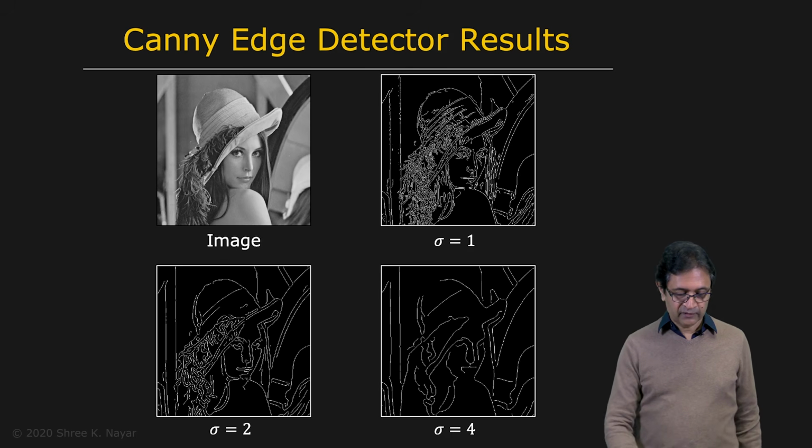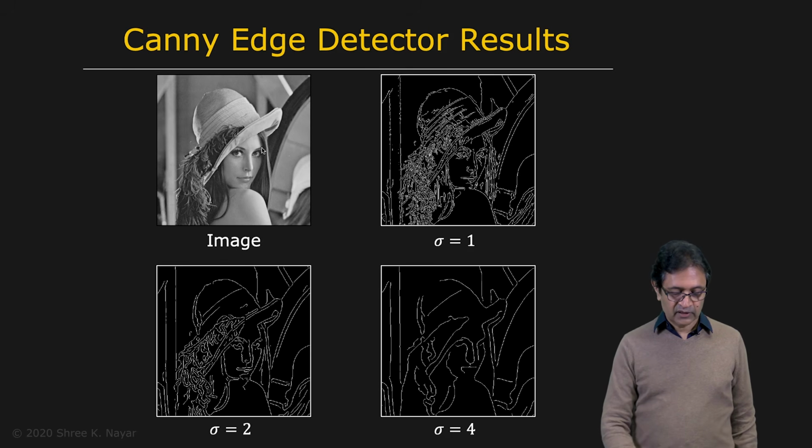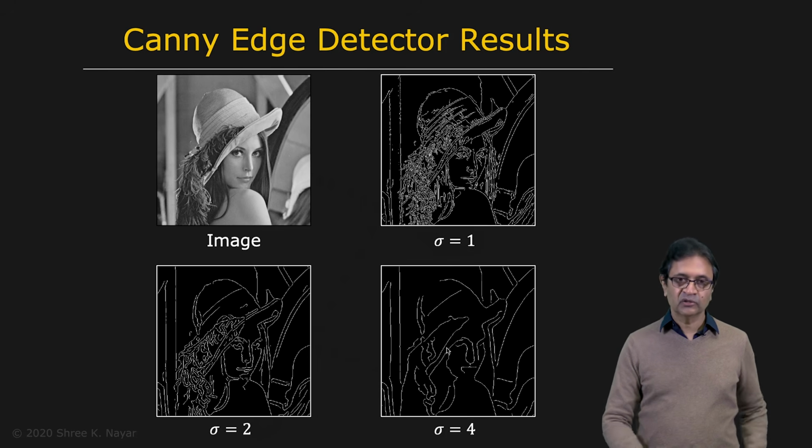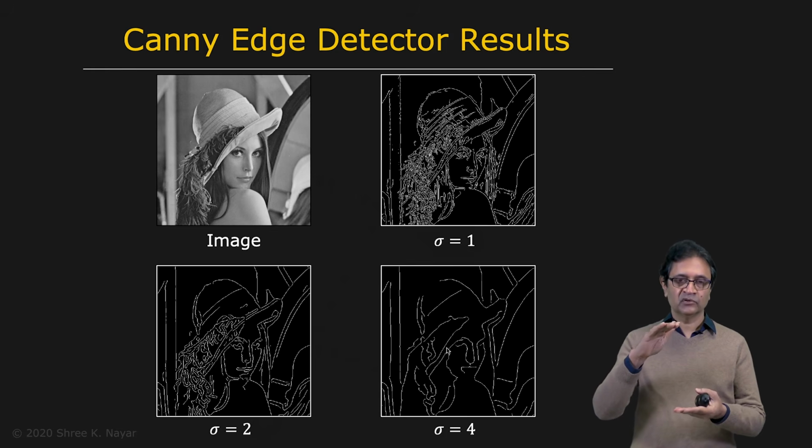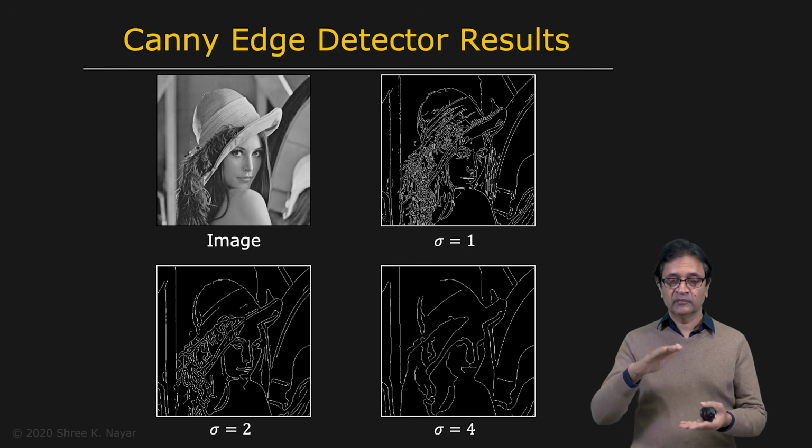So here you have the image, and let's say you start off with a very small sigma here. You end up with lots of edges after applying the Canny detector. And then if you increase sigma, you see that the number of edges reduce. And if you increase sigma further, you see that you get sparser edges right here. So what's going on here is that you're exploring what's called the scale space associated with the image, where scale represents the resolution of the image.